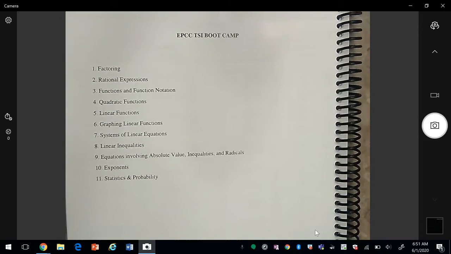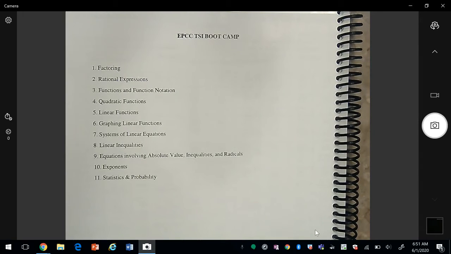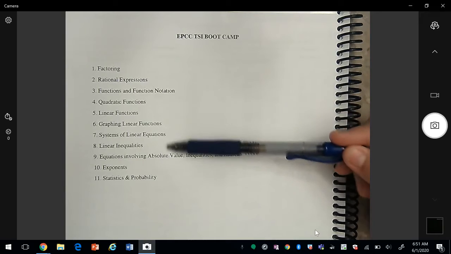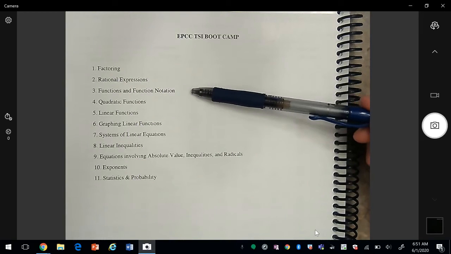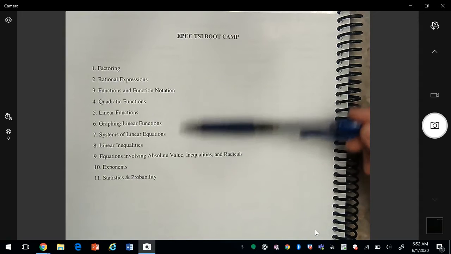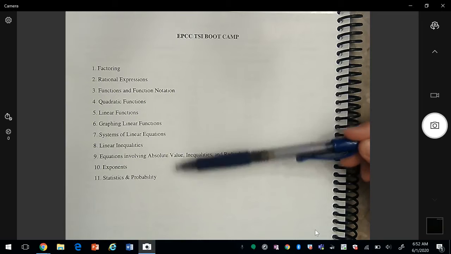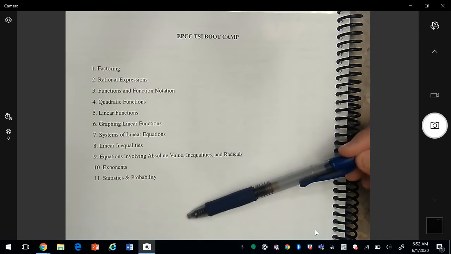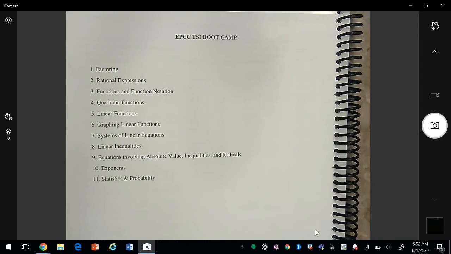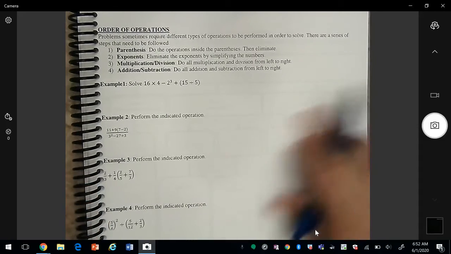Now the TSI Boot Camp, what we'll be covering in the 3 days is as follows. We have these 11 topics, and the way we came up with these topics is basically I took the test a few times, and from taking that test, I figured these were the topics that were the most important in order to get a 350 and above. So the first